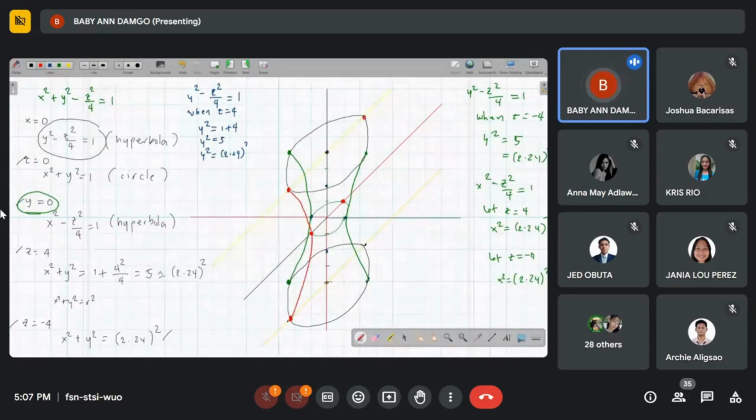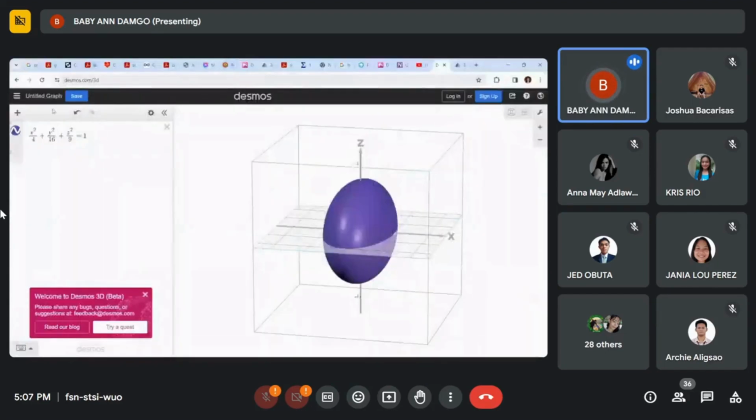This one side. Okay? And this is the graph of x squared plus y squared minus z squared over 4 is equal to 1. So if we will use a Desmos,